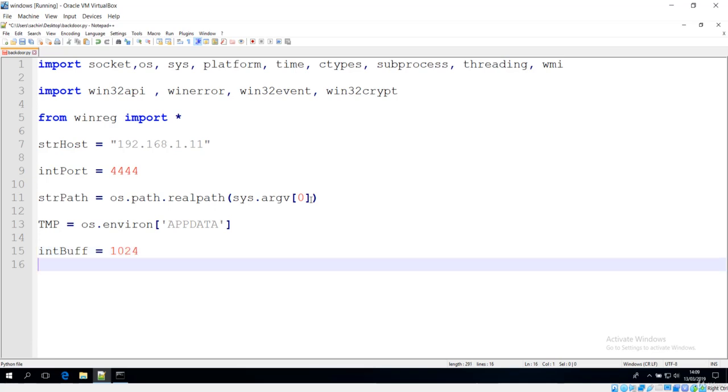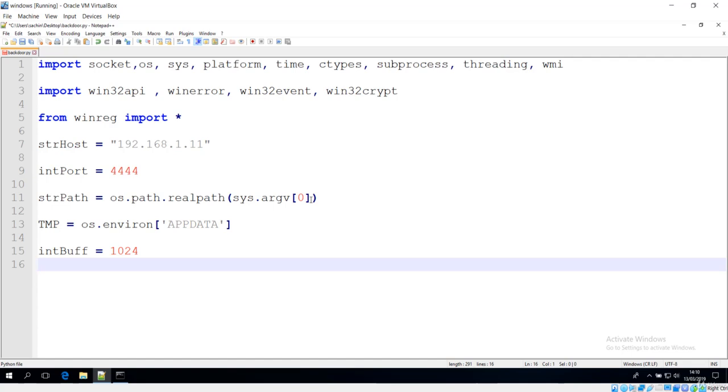Next thing I want to do is handle the mutex, or basically the function to prevent multiple instances. Before implementing the mutex in our program, let me tell you about it. Mutex is basically mutual exclusion.